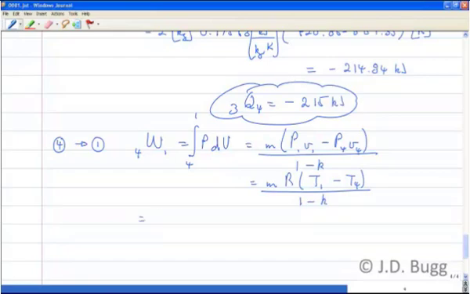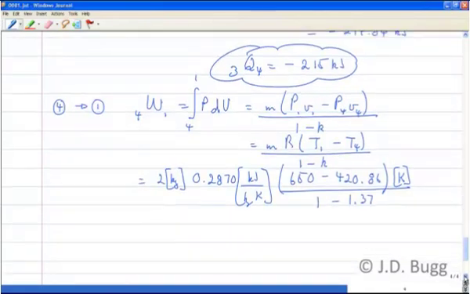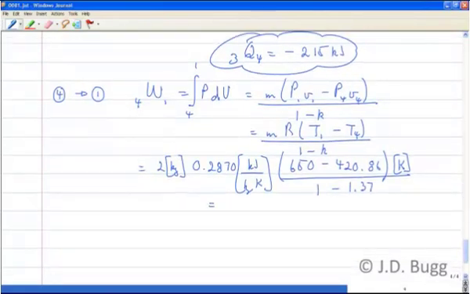And put in the numbers, 2 kilograms, 0.2870 for the gas constant. And our temperatures, 650 is the final temperature, and the initial temperature, 420.86. Both in Kelvin. 1 minus the ratio of specific heats, 1.37. And that works out to